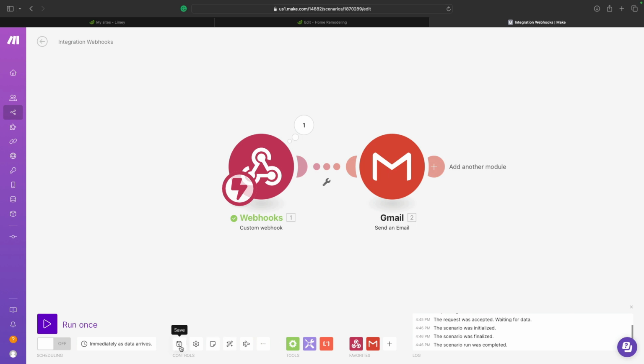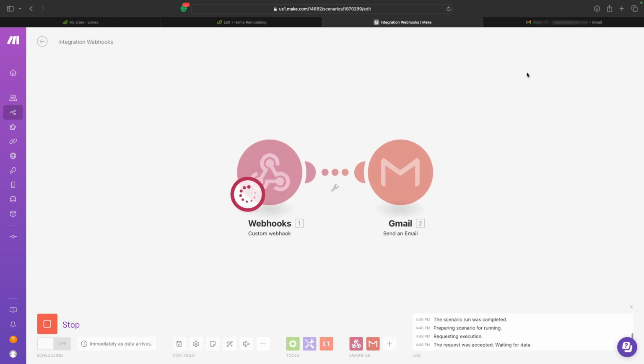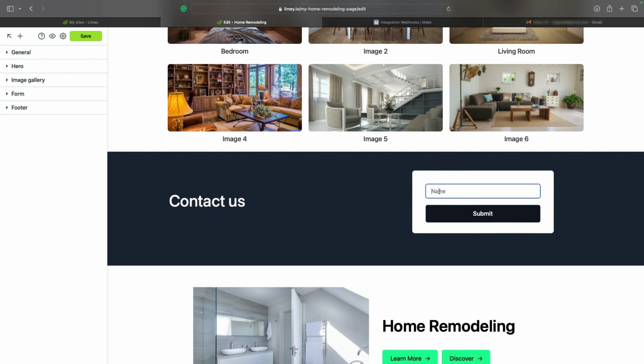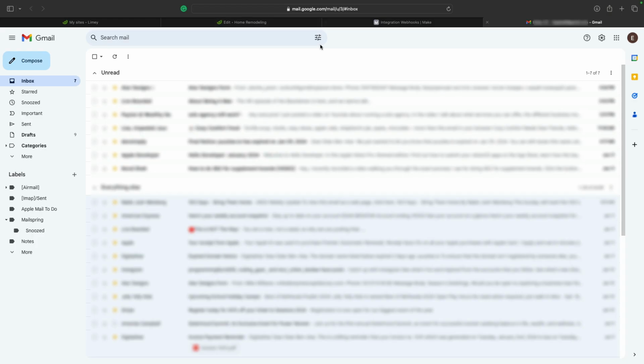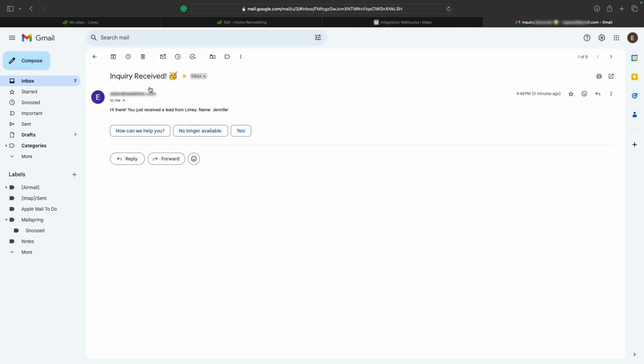Hit OK, save. And now that this thing is running and my Gmail is set up and I have here my inbox open, if I go ahead and refresh this thing and submit another inquiry, so this time we'll say Jennifer and submit. So Jennifer is interested here, and let's just pretend we collected more information. And if I refresh my inbox, and there it is. So I just received an email from myself saying that I just got a lead from Limey with the name